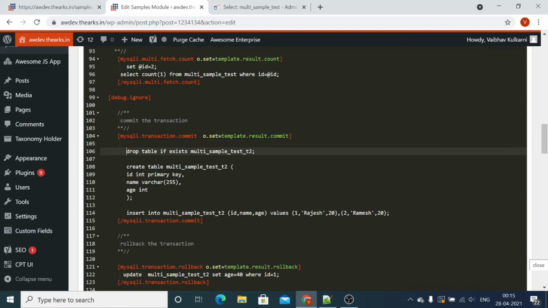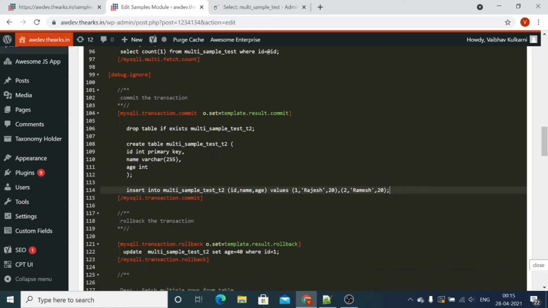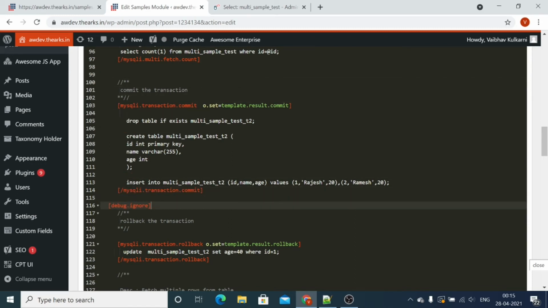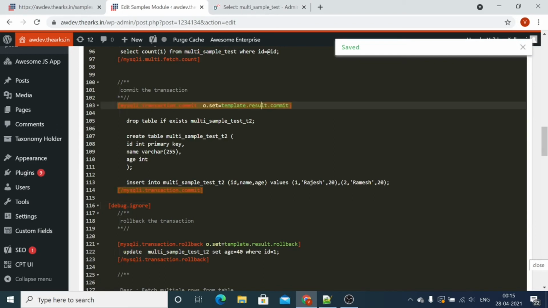Now we have this table we are creating, and we are dropping the table if it exists. For an example, we have taken another table, that is multi.sample test t2. So if this table exists, we are dropping this table and creating a new table, and we are inserting one row into that table. So let's check this, the commit one, and the result is stored in this result.commit variable.